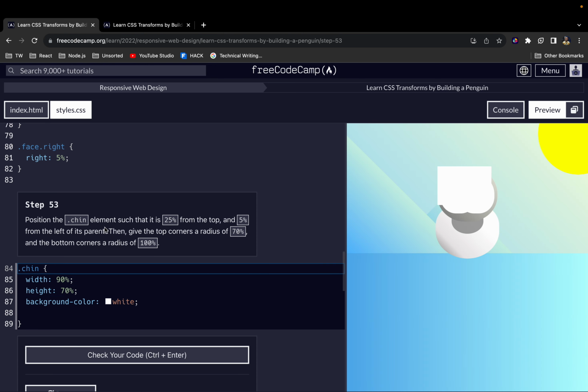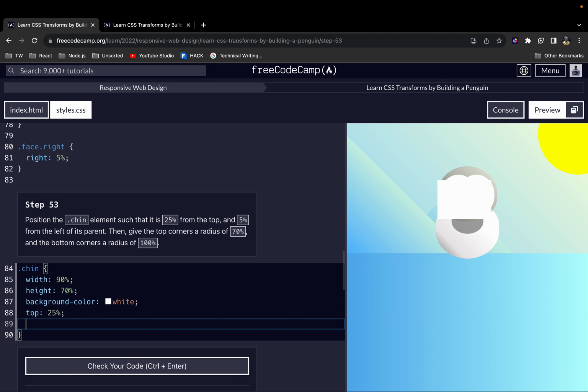Now let's position the chin element such that, let's say chin, it is 25% from the top. So top 25%, and also that it is 5% from the left. So left